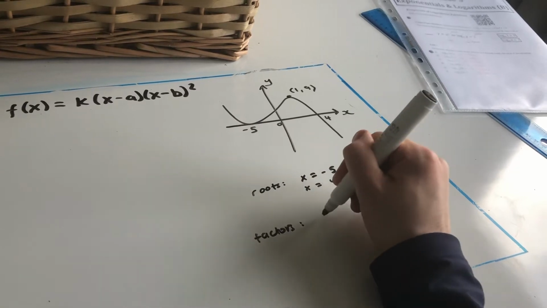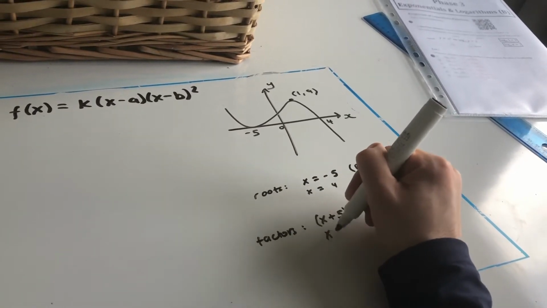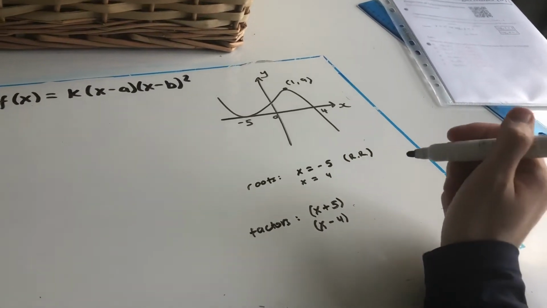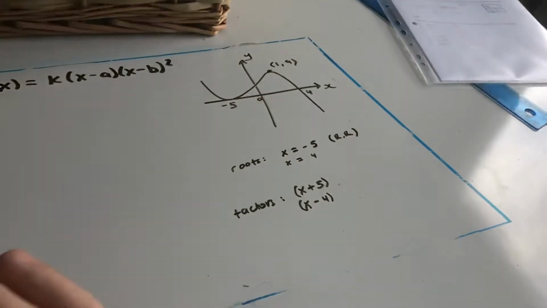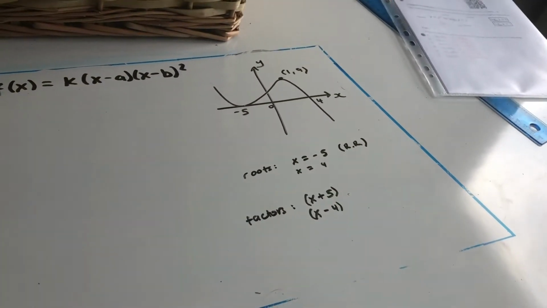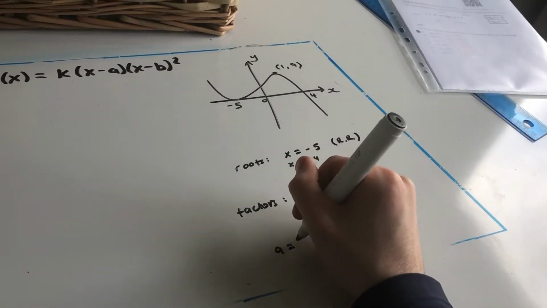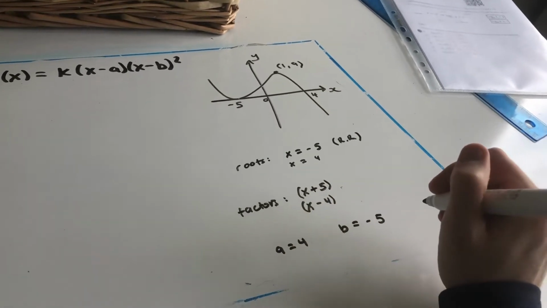Okay, so our factors are going to be x plus 5 and x minus 4. Okay, because this is the repeated root, that's where this squared term comes from. So we can actually work out our values of a and b straight away. So a is going to be 4 and b is going to be -5, and all that's left to work